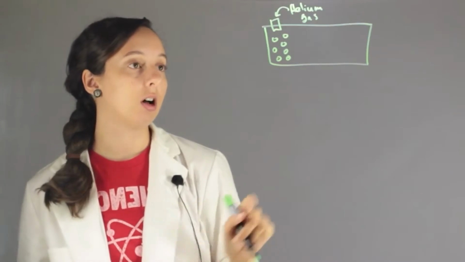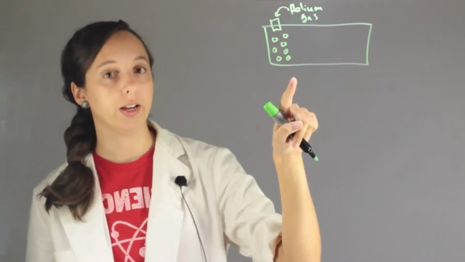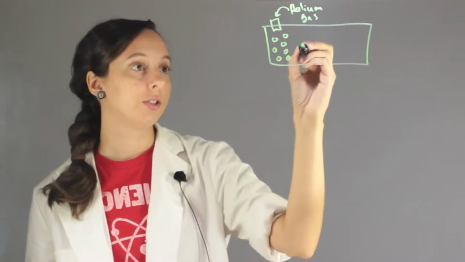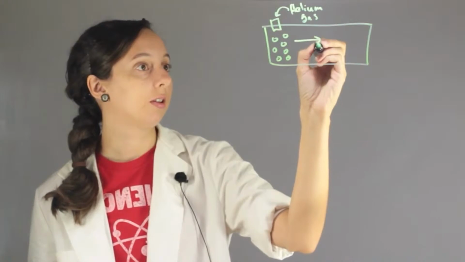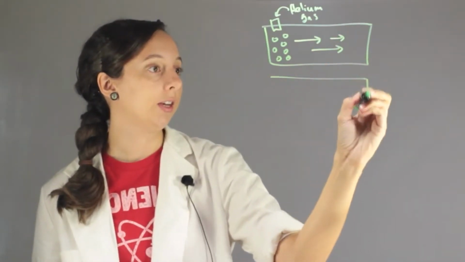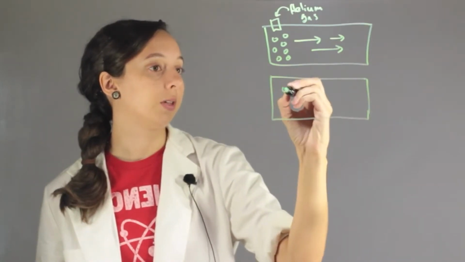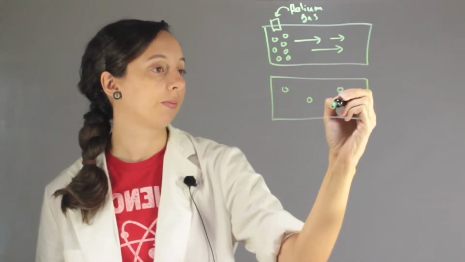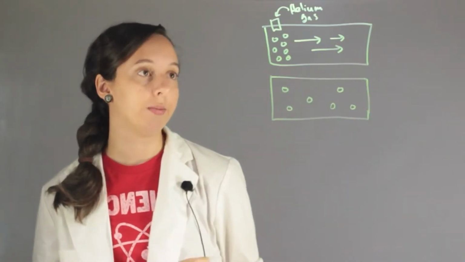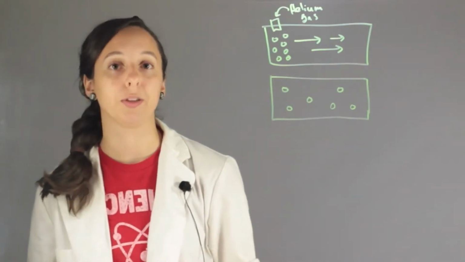And right now they're all kind of congregating over here on the left-hand side, but they're all moving, and they're going to naturally find an equilibrium where they're all spread out. So if they're all over here on the left, then they're going to go this direction to the right. And then if you check back in later, they're all going to be spread out. And so remember, at this time, they're still moving, but overall, the net equilibrium is that they're pretty much spread